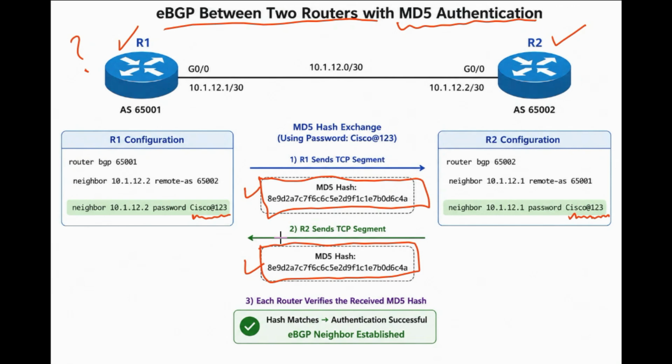Each BGP packet will get authenticated. And these hash values are sent in the TCP segments. You know that BGP normally works on the TCP port 179. So this hash value is sent in the TCP segment. So the passwords are never transmitted, and if the hash values match, the BGP peers can authenticate. In the next lecture, we will be performing the GNS3 lab, where I will provide you more details of